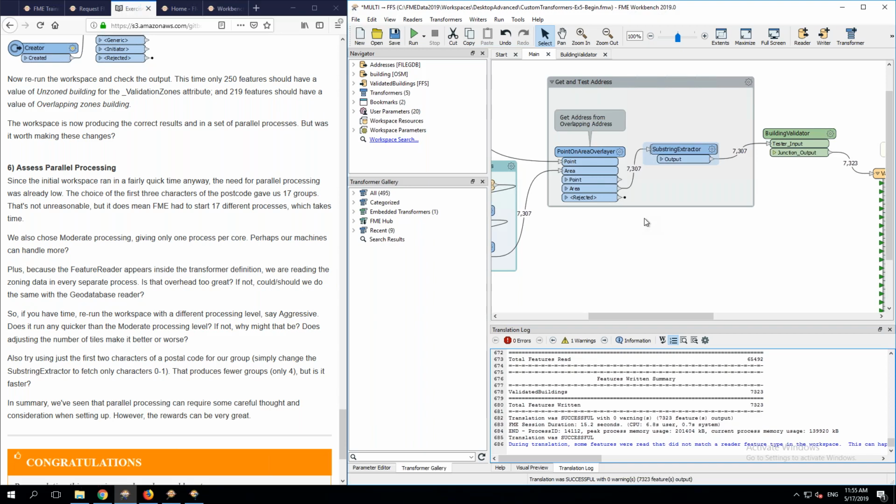Try not to have more than 1 group per core because that is going to slow things down as well. If you have 4 cores and you have 6 processes, then you're going to be fighting for processor time. So it's not always quicker to just say, oh yeah, I'd like to have 16 processes. If you've only got 2 CPU cores, you've got 16 processes fighting for those 2 cores. It doesn't make any sense. So it's something to think about